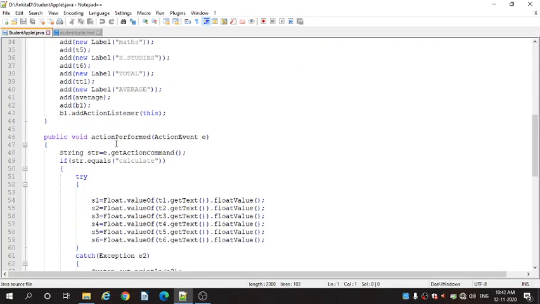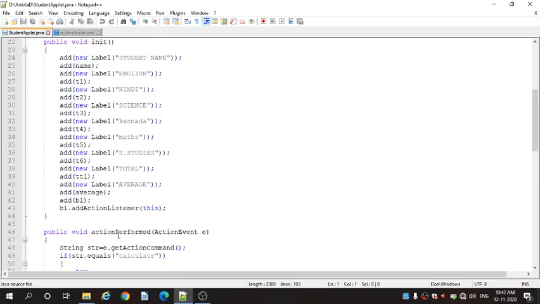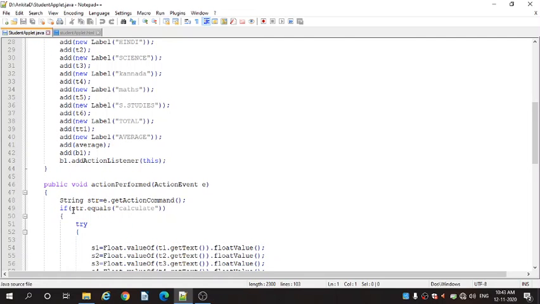Only one method is present in the ActionListener interface, that is actionPerformed. So we are declaring the actionPerformed method in our class. Inside it, we have written String str = e.getActionCommand().